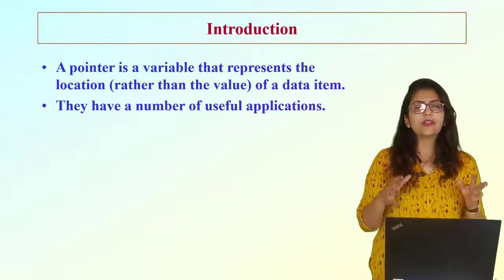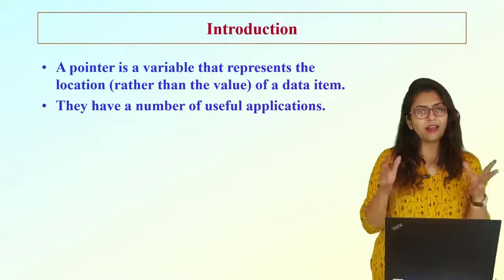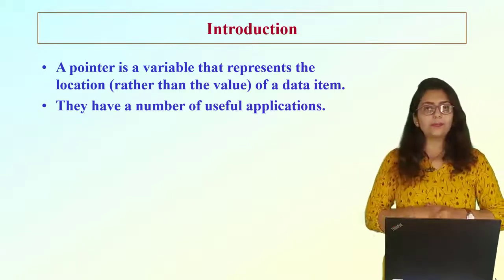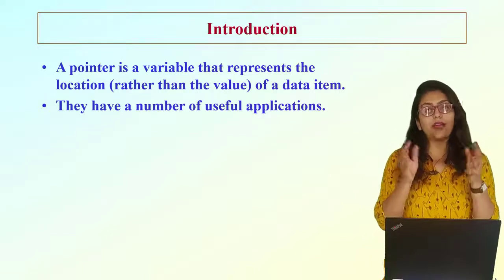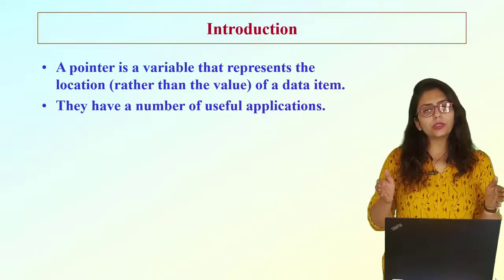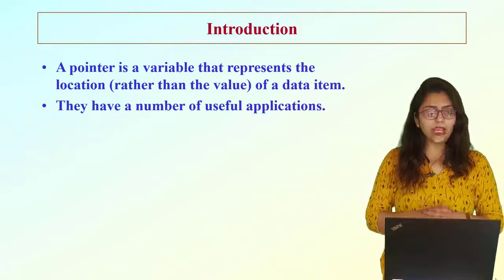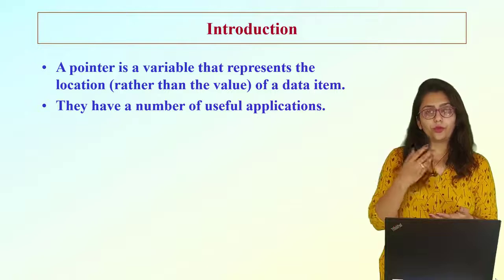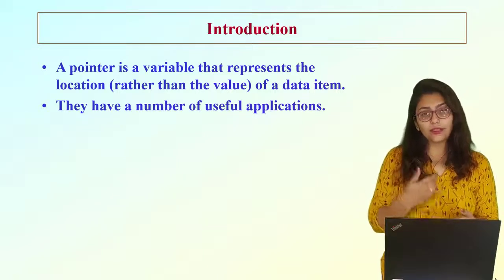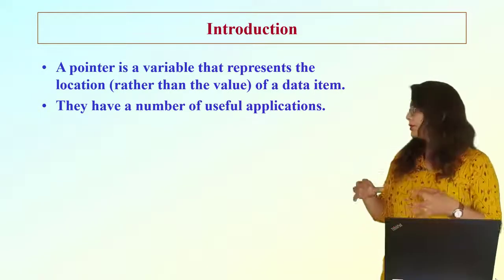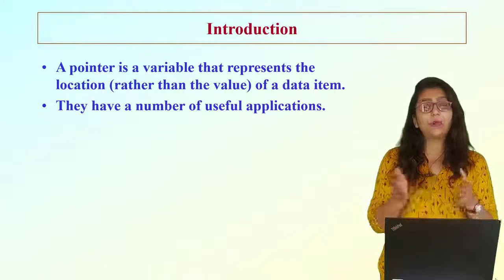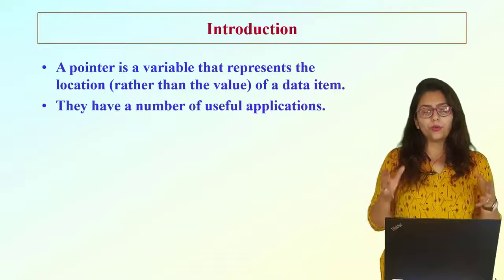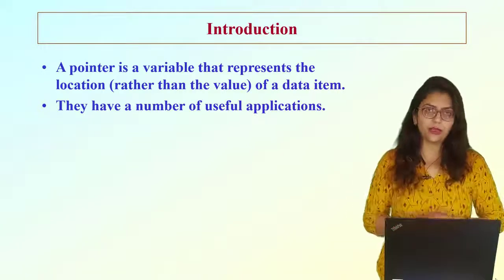Now first we will start with the introduction of pointer, that is, the definition of pointer. As you can see the definition over here, a pointer is nothing but a variable. We have seen so many types of variable, with data types integer, float, character, etc. So a pointer is also a kind of variable only. Then how does it differ from an ordinary variable? A pointer stores the address of a particular variable.